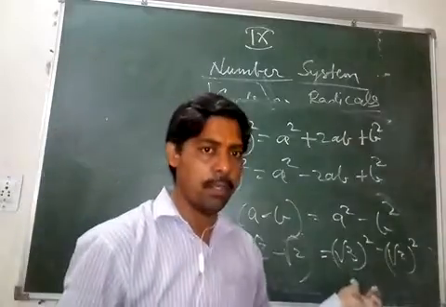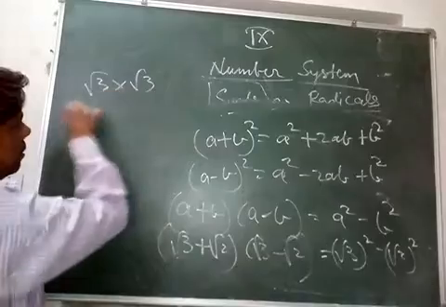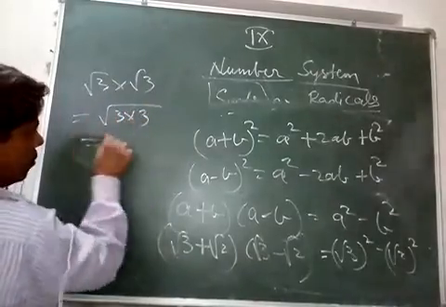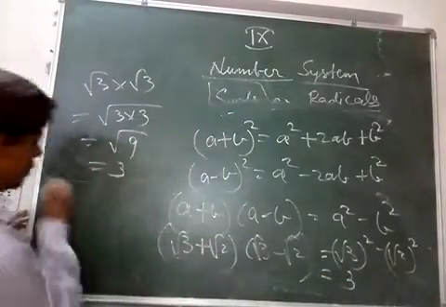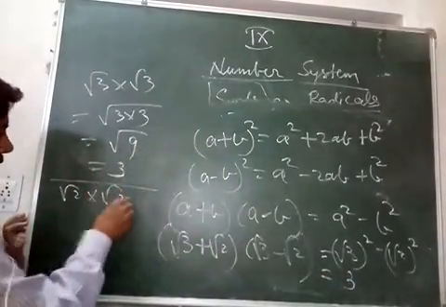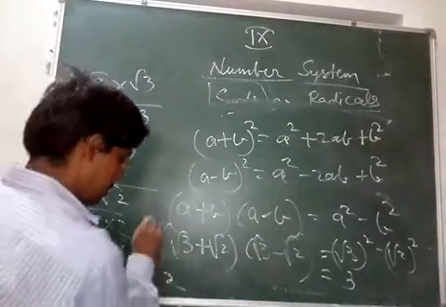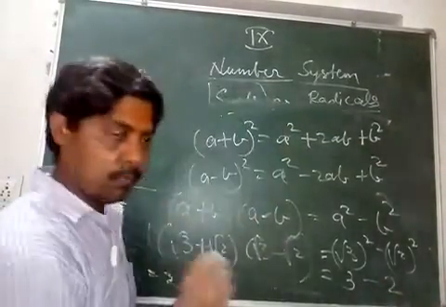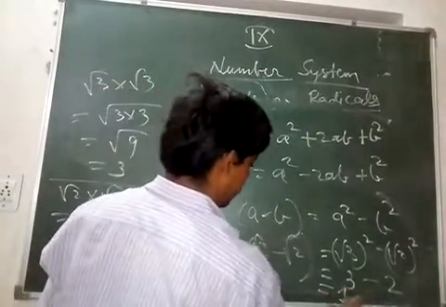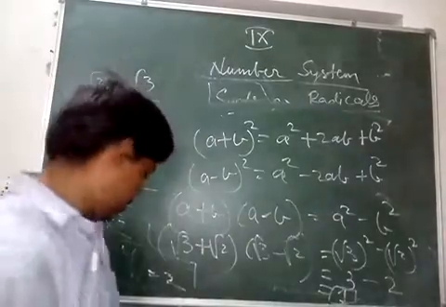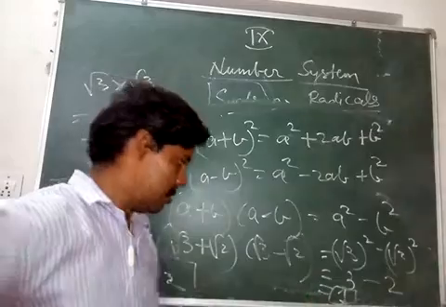Whole square means root 3 into root 3. Now what is root 3 into root 3? Let us see. Root 3 into root 3 is equal to root of 3 into 3, is equal to root 9, is equal to 3. What is root 2 into root 2? Root 2 into root 2 is equal to root of 2 into 2, that is root 4. Root 4 is 2. So now you can subtract 3 minus 2 because they are just numbers. Numbers can be subtracted. So this is 1. So we have just made use of (a plus b)(a minus b) in order to solve (root 3 plus root 2)(root 3 minus root 2).